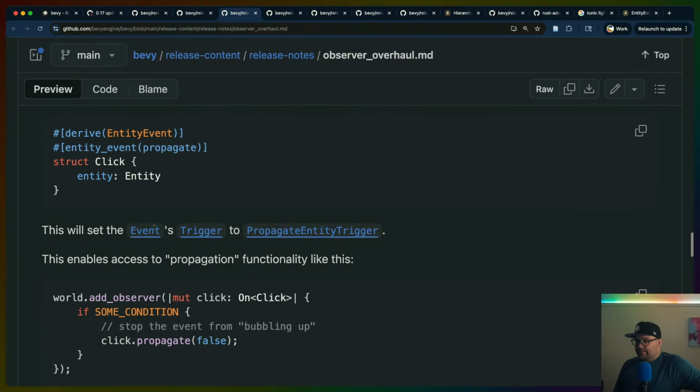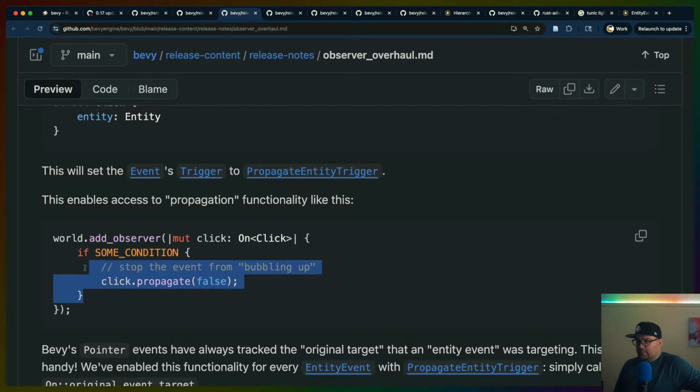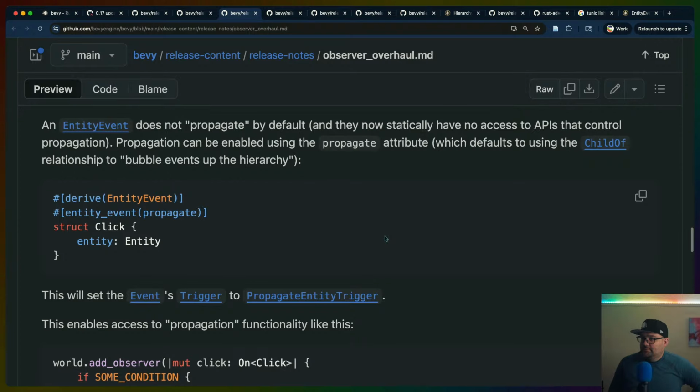Right, because this is controlling propagation. I guess they mean changing the relationship? But why would you be doing that? I guess that would be interesting as functionality, but